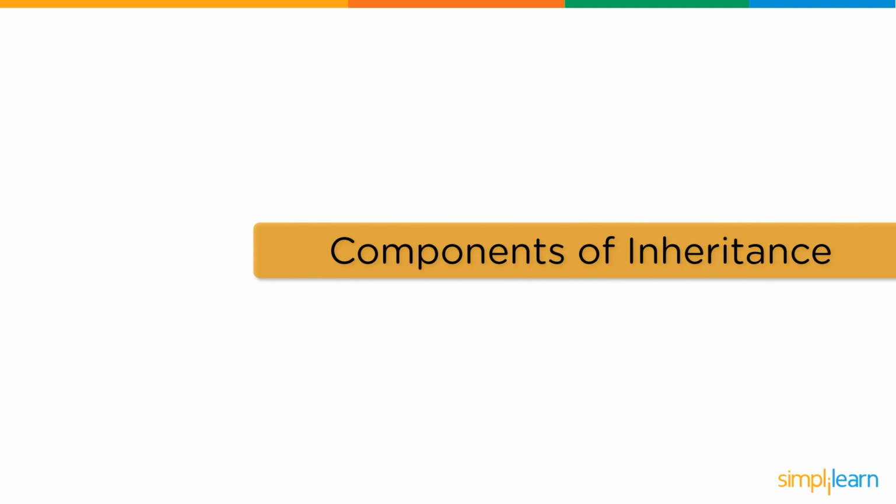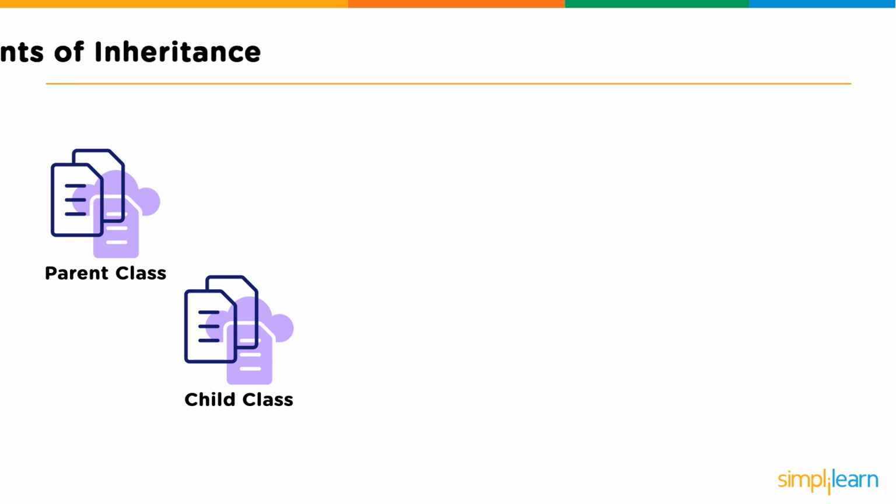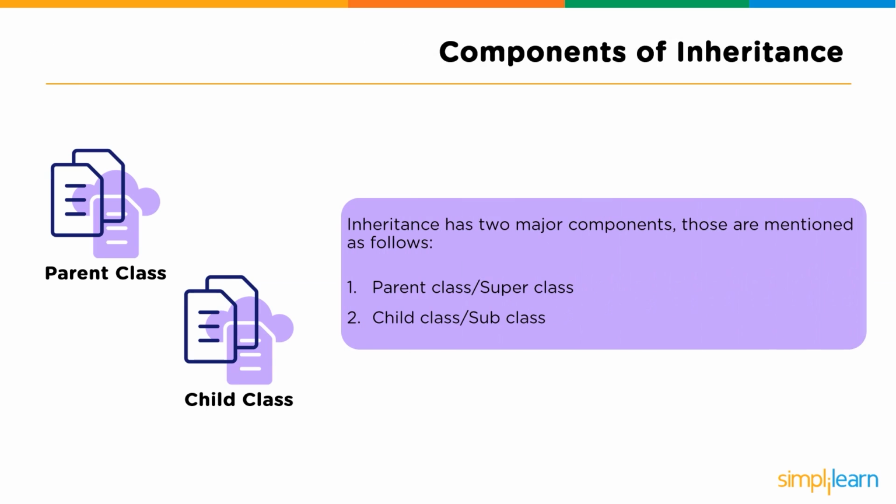So we'll take a look at the components of inheritance. The two major components mentioned in inheritance are the parent class, or the superclass, and the child class, or the subclass. And to see this, let's go ahead and jump into Eclipse and take a look at what the actual code